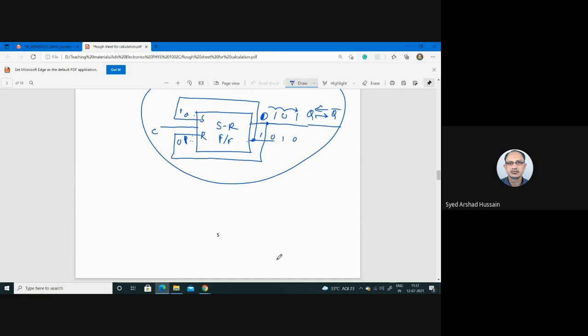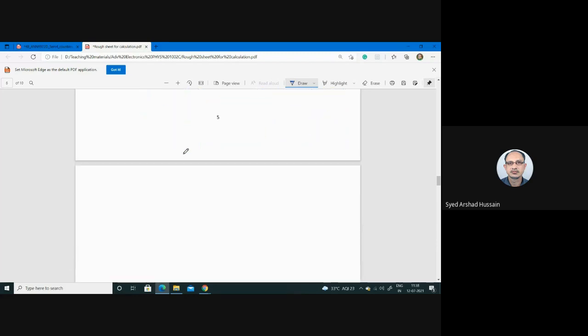Now, let us draw a small problem. So write down, please. The two inputs applied simultaneously to a negative edge trigger JK flip-flop at J and K are